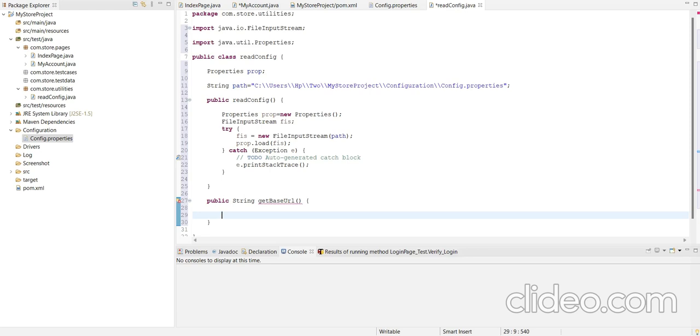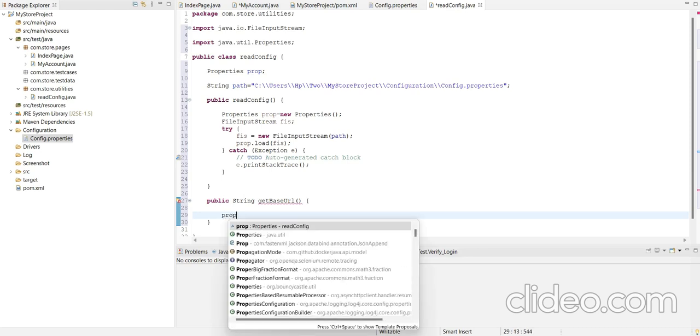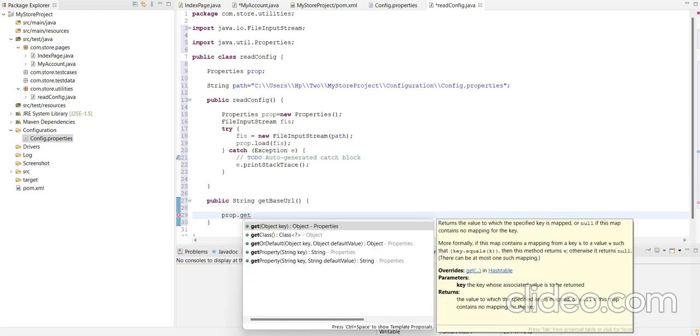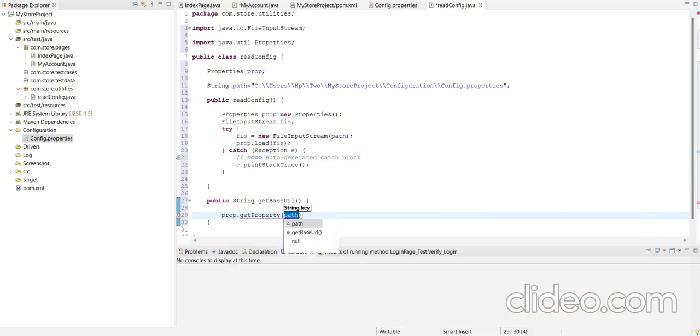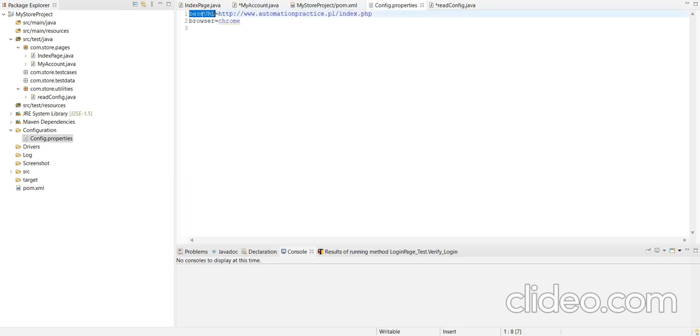So prop dot getProperty, here we will use double quotation, and in the double quotation we will copy this key. This key, base URL, browser, this is our key and this is our value.